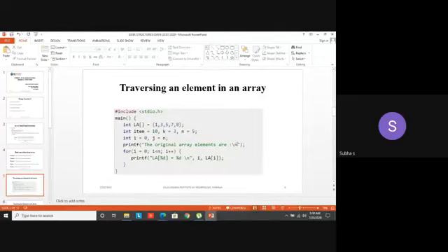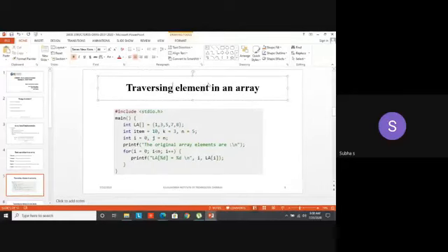Traversing the elements. I am just going to explain the code. Try to solve it in your notebook. For more detailed coding, we will go with the whiteboard. For these things, it's enough to explain with this PPT itself. If you have any doubts, you can unmute your mic at any point and ask. I am unable to see the chat, or ma'am will tell me if you post any doubts in the chat. Yes, traversing the elements in an array.